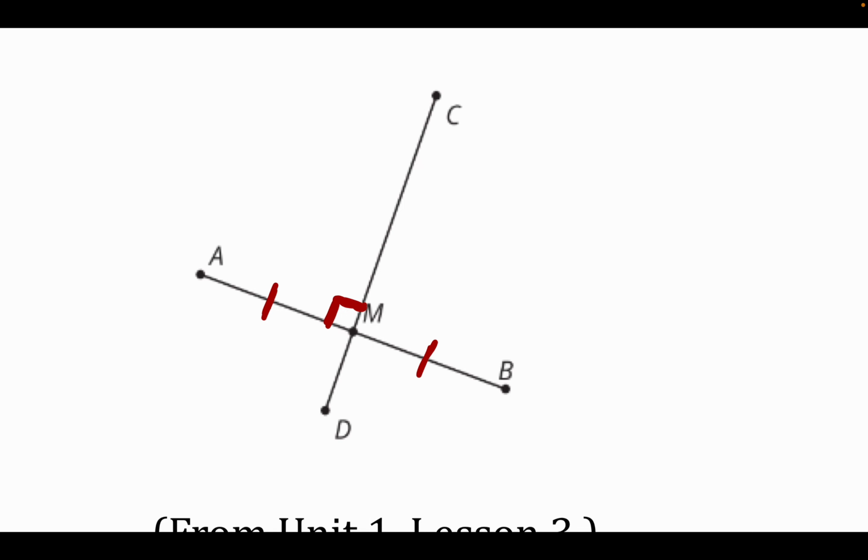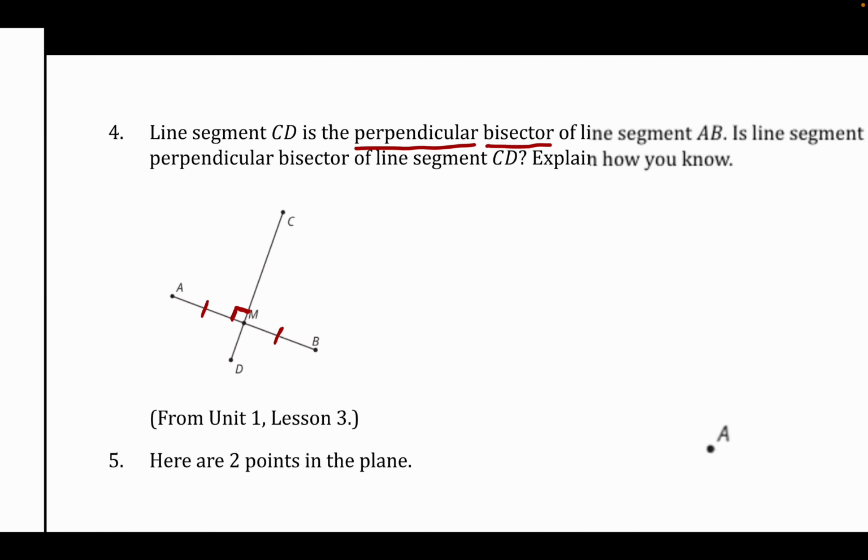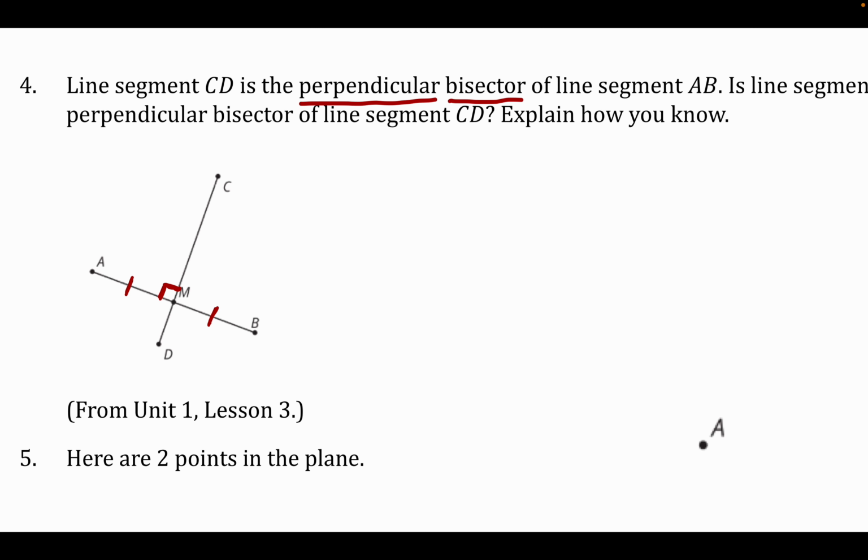and that it also bisects AB. Now, even visually, just looking at this, CD does not appear to be cut into equal parts. But even if they gave me something that looked like it was, there is nothing to tell me that those two pieces have to be congruent or have to be the same. So we're going to say no,